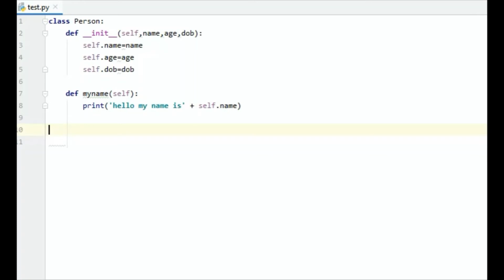Yeah, it has to be at the starting. So before we used to create a new file and write from test.py import person, the class name and all, but now we don't need to do that. It's a new way, so you can just do it in the same file. Just you have to create those p1, person 1, person 2 and all. P1 we have to create the objects. P1 is equals to